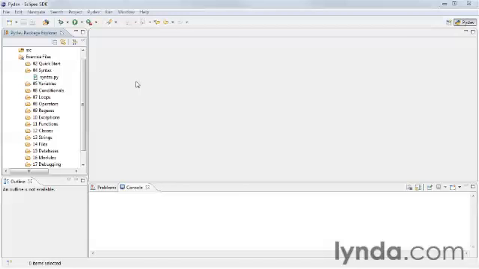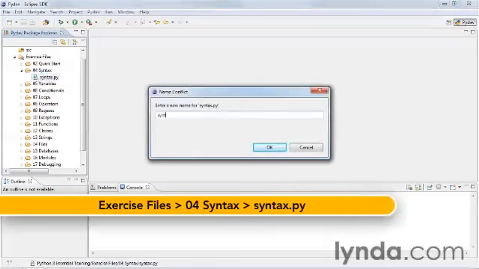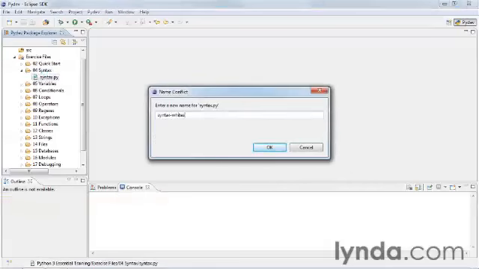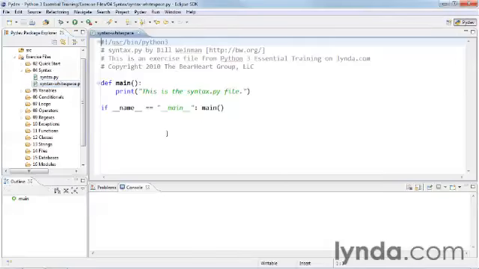Whitespace is significant in Python in ways that you may not be accustomed to if you are familiar with other scripting languages. Let's go ahead and make a working copy of syntax.py, and we can look at whitespace in Python. Call it syntax-whitespace.py. Go ahead and open that up, and you'll notice that this main function